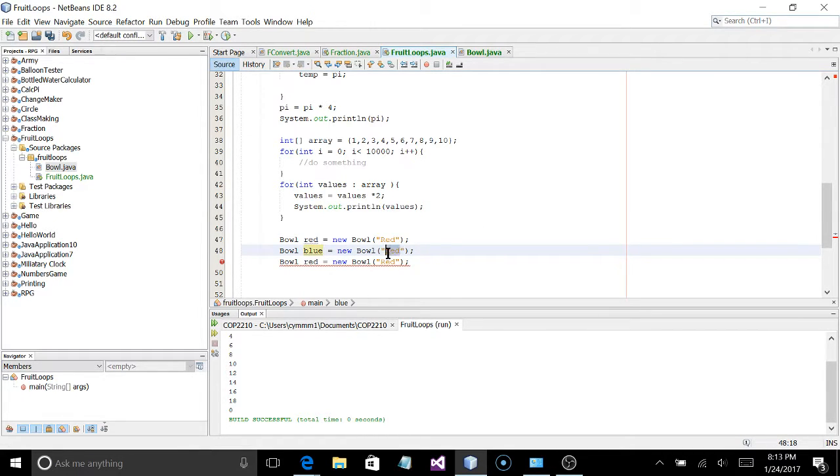So let's do blue and let's do green. Let's capitalize that. So let's say you have a bunch of colors. Let's say you have 1,000,000 colors. Well, and let's say they say, okay, I want to print out all these colors. Well, you're thinking, well, how can I go through an array? How can I go through all these